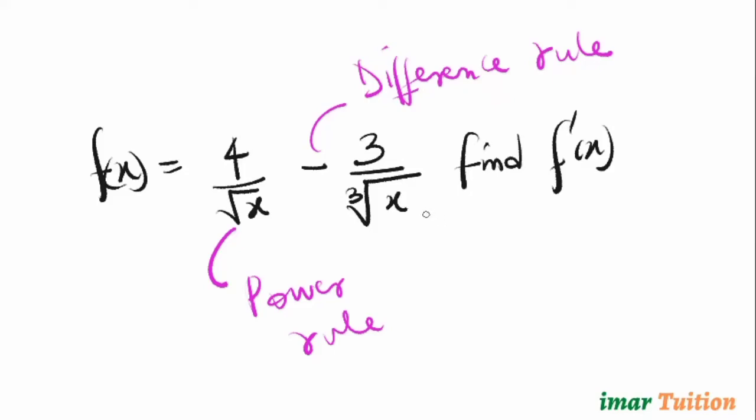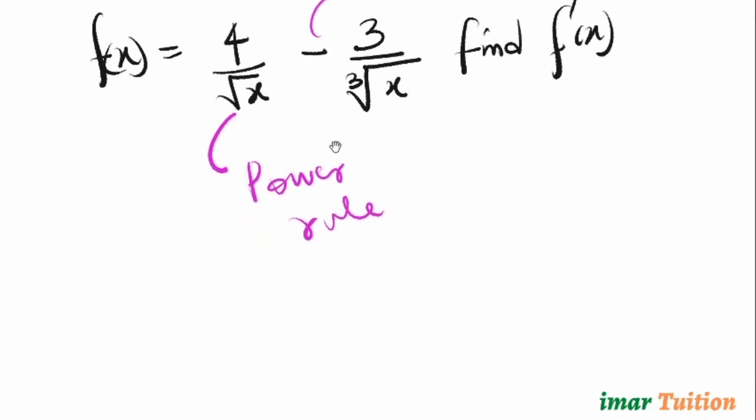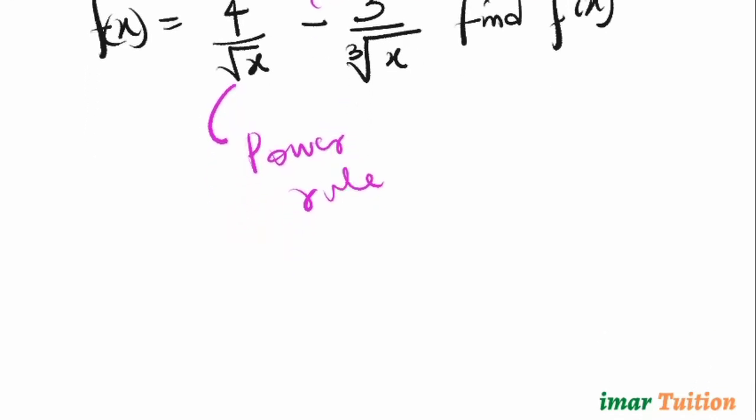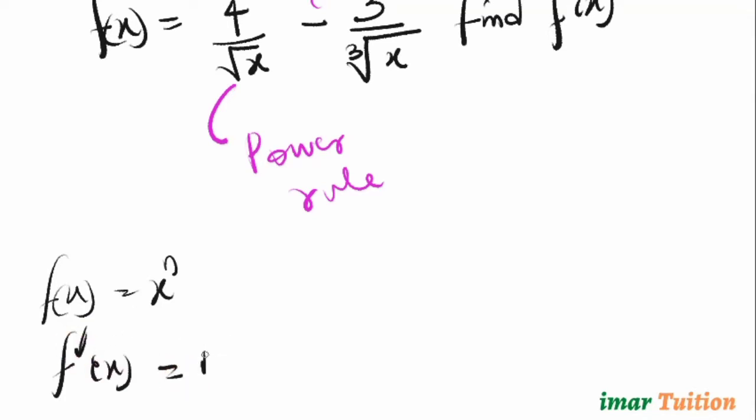In this video, we're going to look at the power rule and the difference rule of differentiation. Okay, for the power rule, if we have a function of x to be equal to x raised to the power n, the f prime of this, which means the differentiation of this, is equal to n x raised to the power n